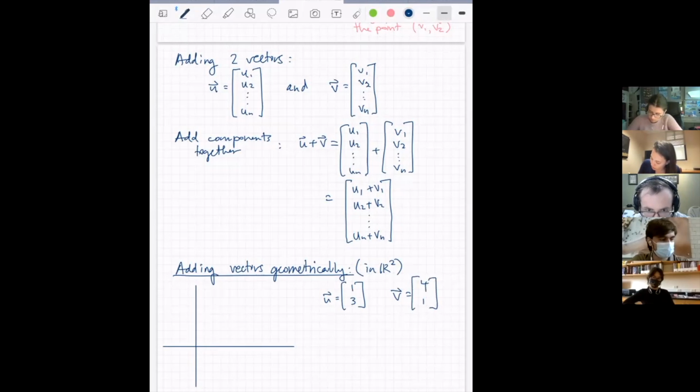And I can draw those on here. So 4, 1 would be this guy right here. That would be v. And then u is 1, 3. So this vector right here. Maybe I should use a different color. I'll use a different color for u. Okay. Great, like that. And basically what we can do is just place